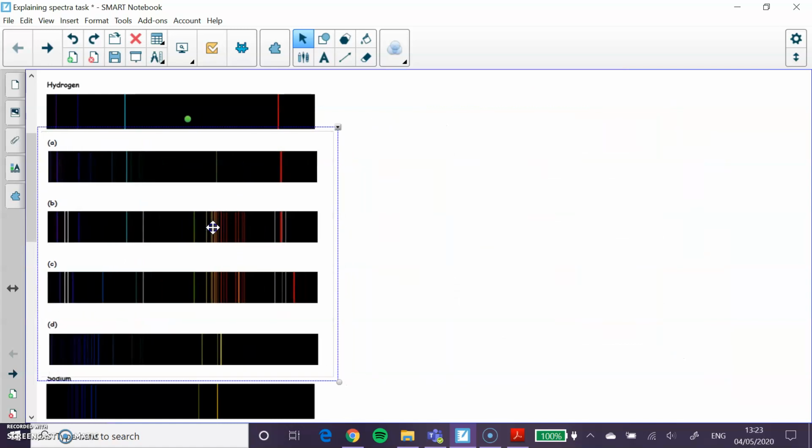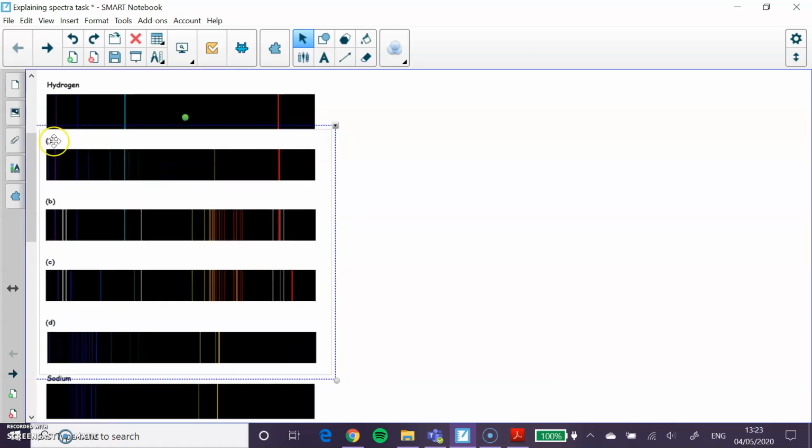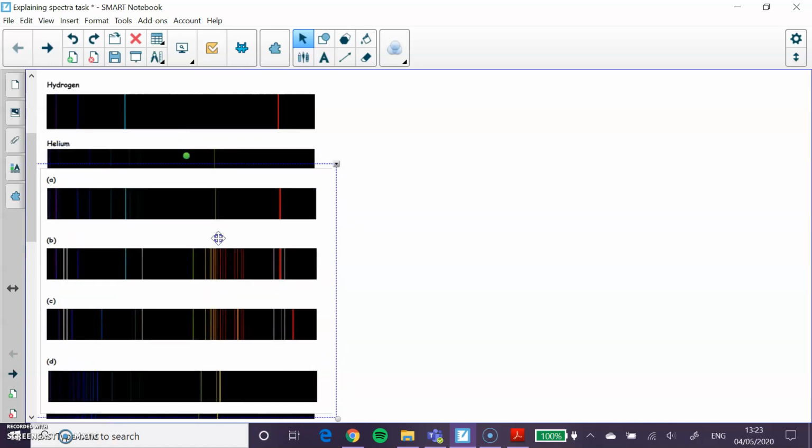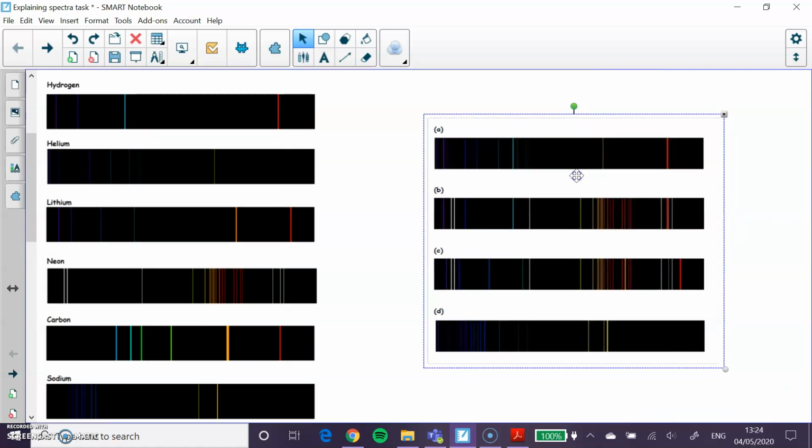So if I'm comparing, again, I'm just looking at A here. If I hold A up to hydrogen, you can see where the lines match up. So yep, definitely got hydrogen present there. If I roll it down to helium, we can see that there is a correspondence with these lines with the helium as well. So if you can repeat that in whatever way works for you for B, C and D,